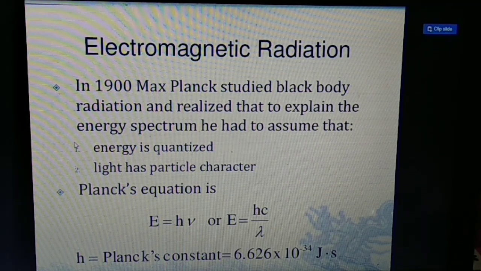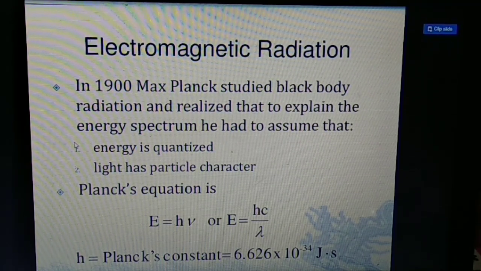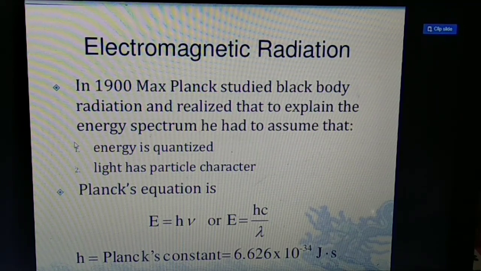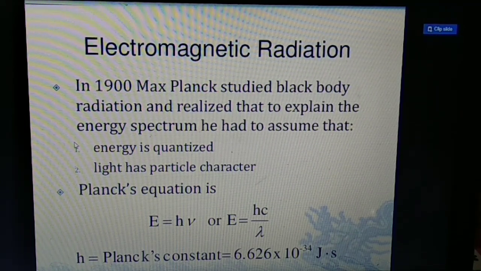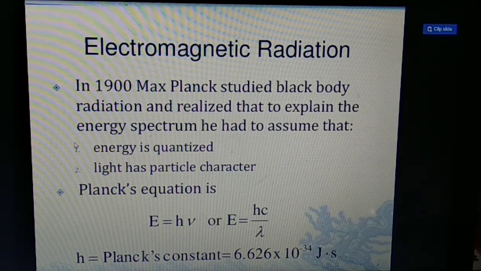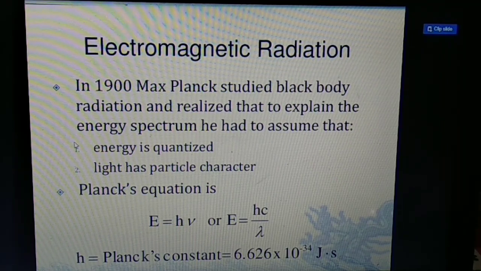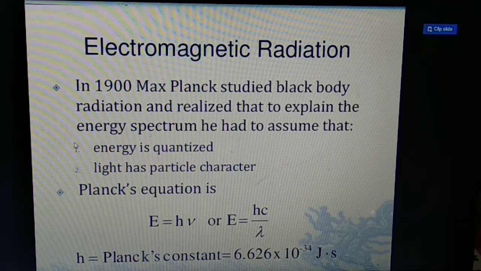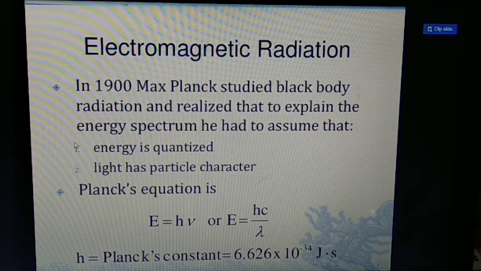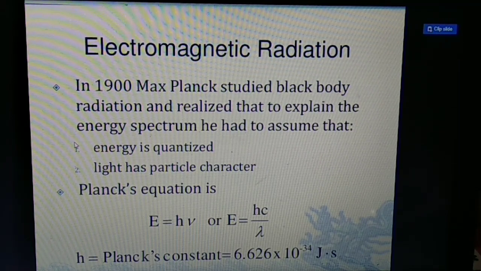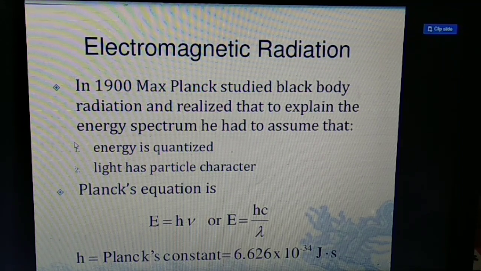So Rutherford's model then came. According to Rutherford's model, the positively charged center of the atom is known as the nucleus, and second, electrons revolve around the nucleus in a circular path that is known as the orbit. And the third postulate was that the mass of the nucleus is very small compared to the mass of the atom, and there is a force of attraction between the nucleus and the electrons. So these are the postulates of Rutherford's.